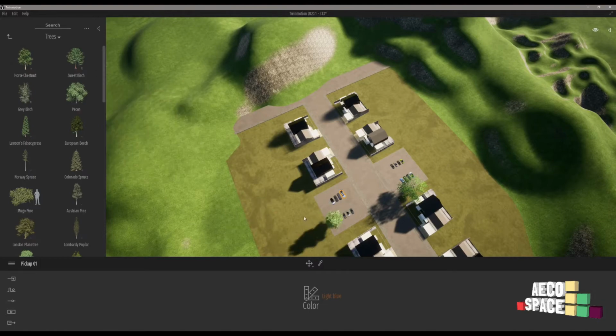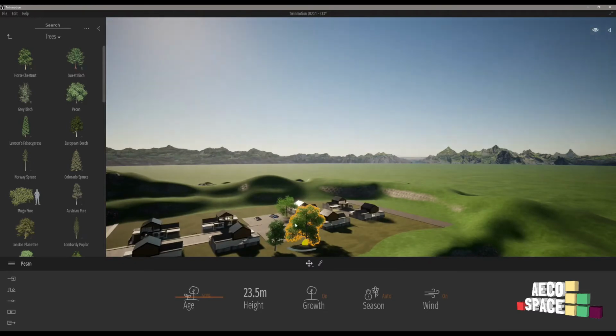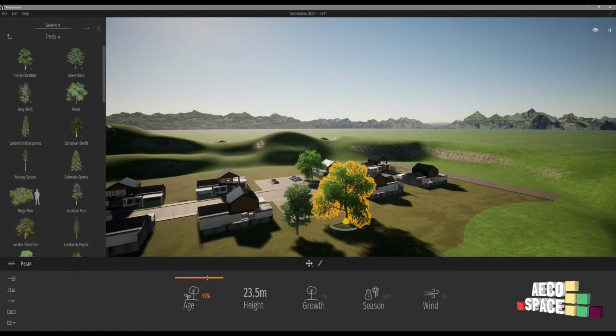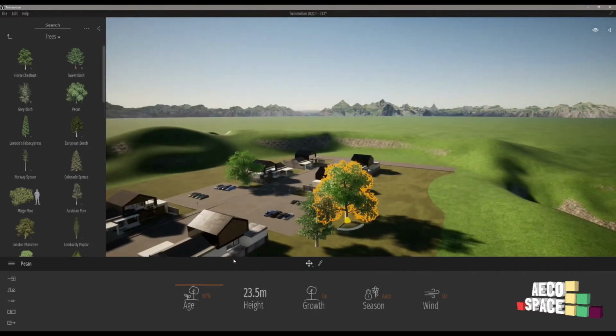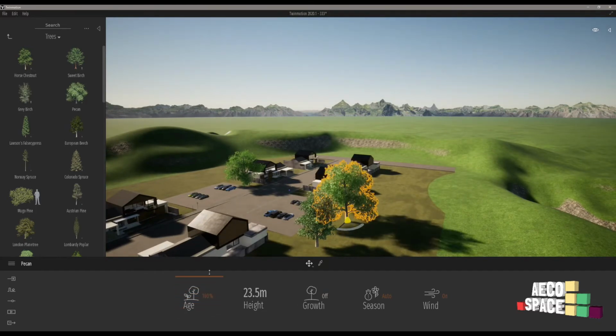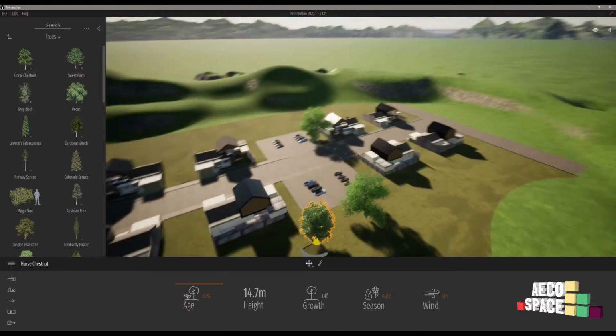We can just drag some tree in our scene and we can control the age of this tree, and make it grow up and down. Okay,